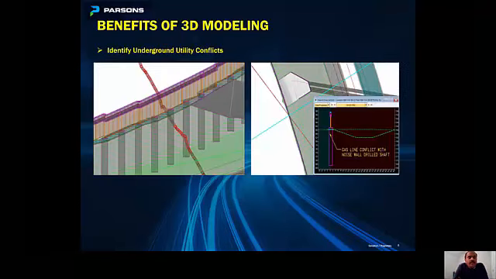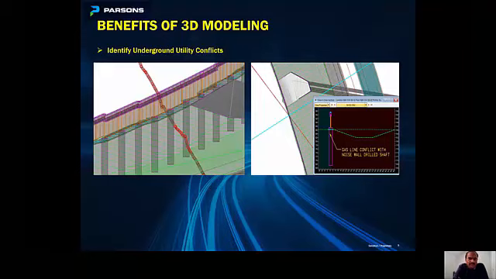And with the help of the new OpenRoads Designer (ORD) and OpenRoads technology, we can run the dynamic section. This is an excellent tool that you can run anywhere along the project to see if there are any potential conflicts. Based on the plan view information, if you see any conflict and you want more detailed conflicting information, you can cut a dynamic section at that location, and then you can easily and accurately identify that conflict in the dynamic cross-section view.